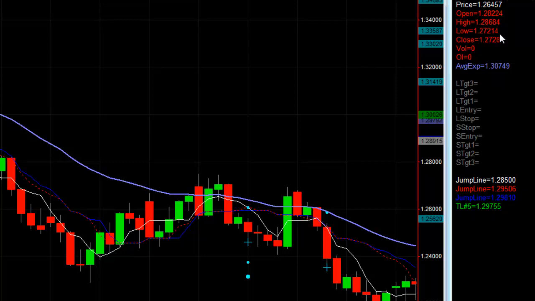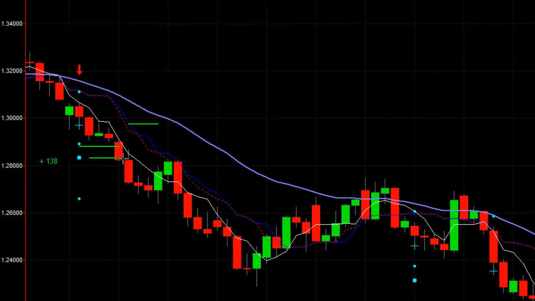But that's basically all I do. Otherwise, I just ignore the extra digit. I'm not interested in tenths of pips. I'm only interested in pips. Okay? So as this moves lower,